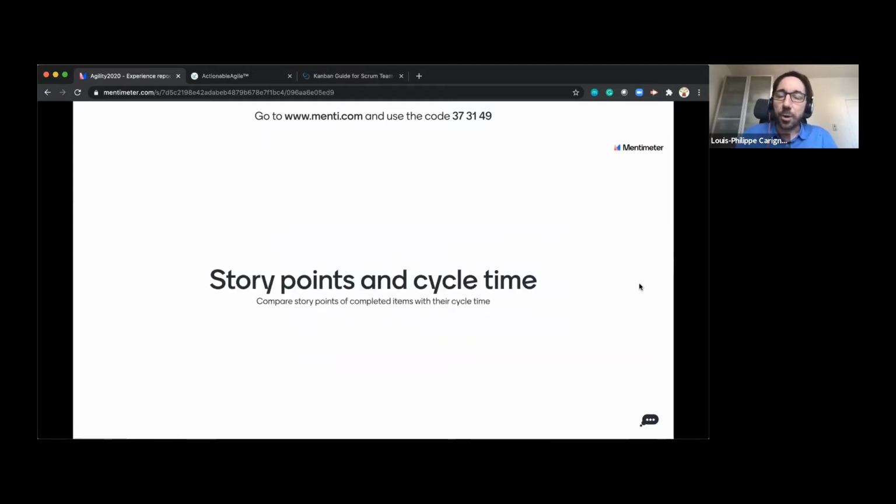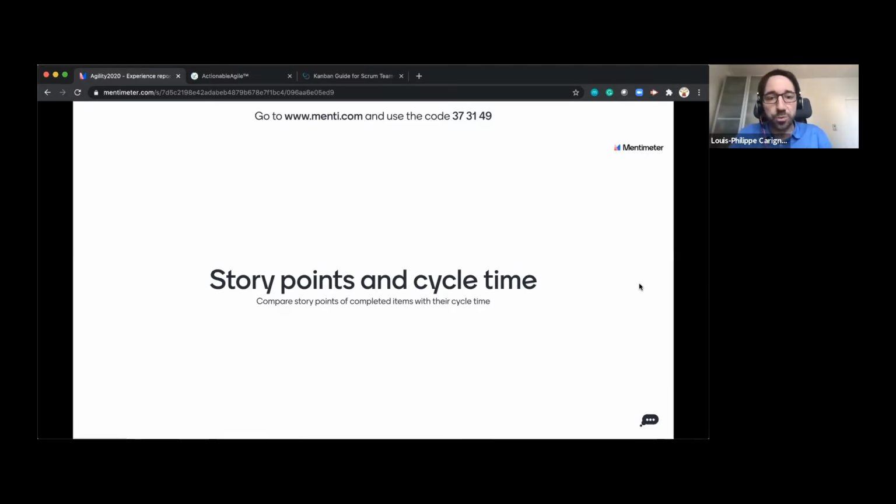The first thing I wanted to talk about is whether there's actual value in using Kanban metrics inside a Scrum team. Maybe you're currently using story points and velocity with your teams, and you might not get the real value out of those practices. So the first part of this talk is to see if you would get a different kind of reading of your team's productivity with cycle time.